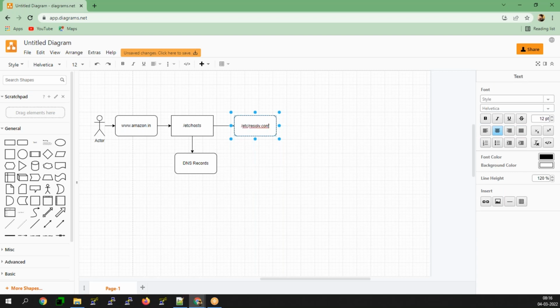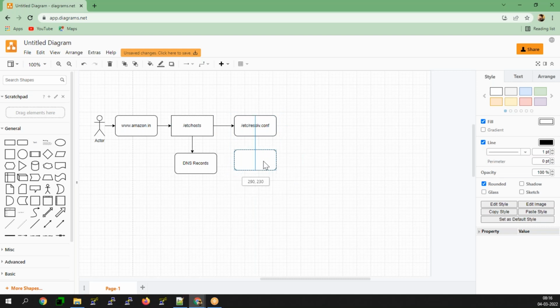Here it will try to find the name servers.